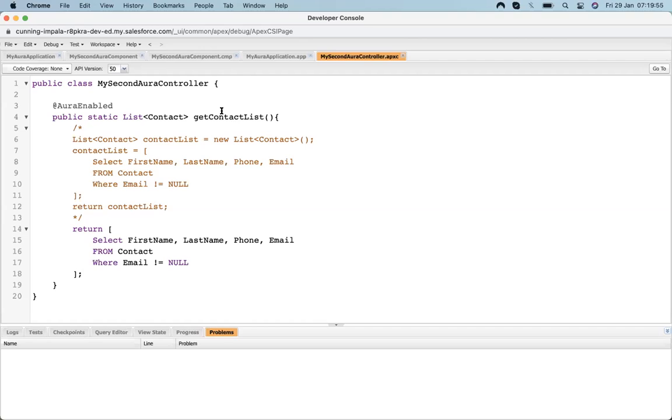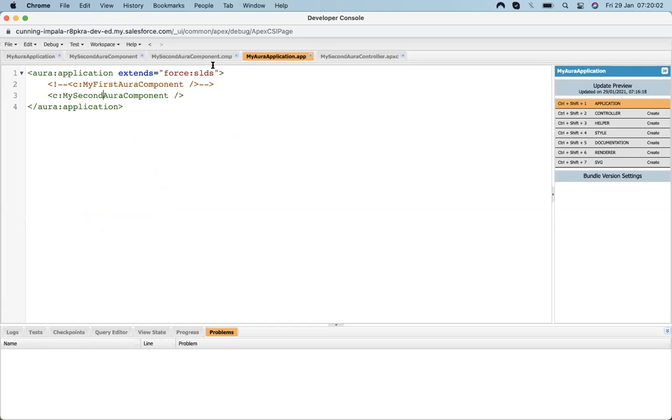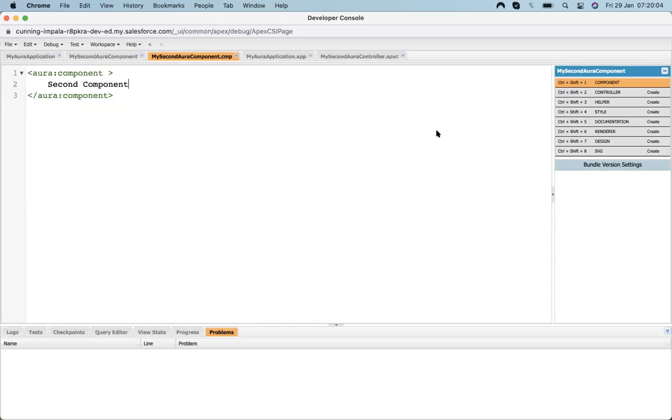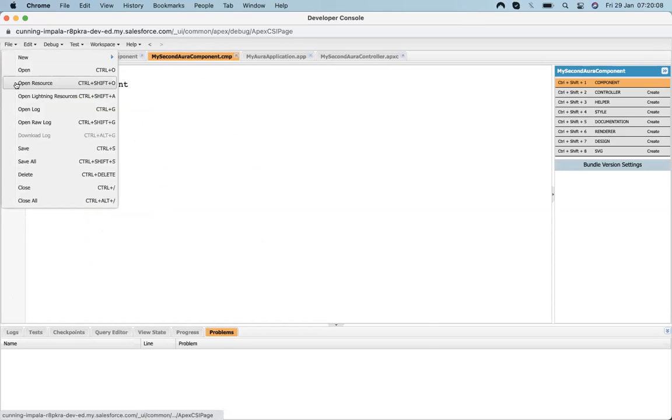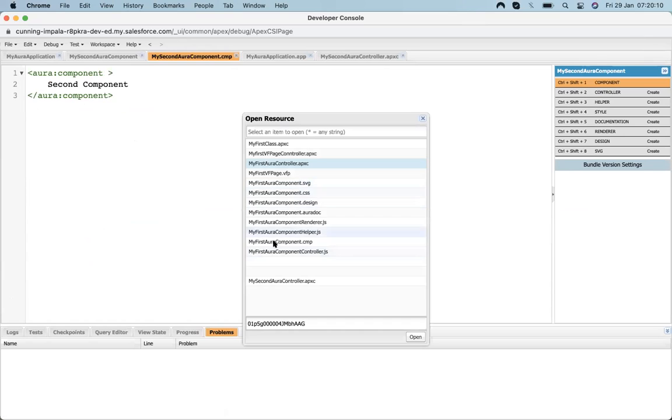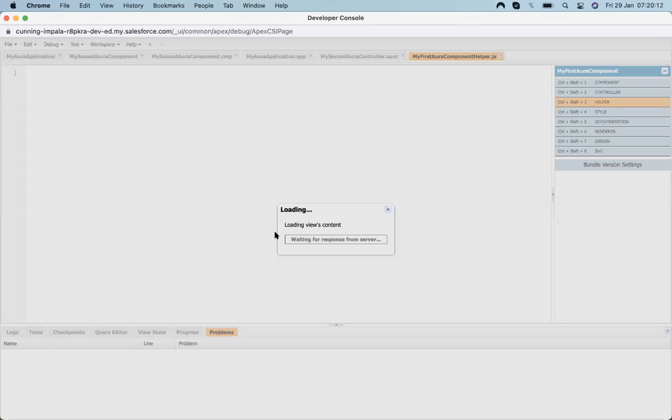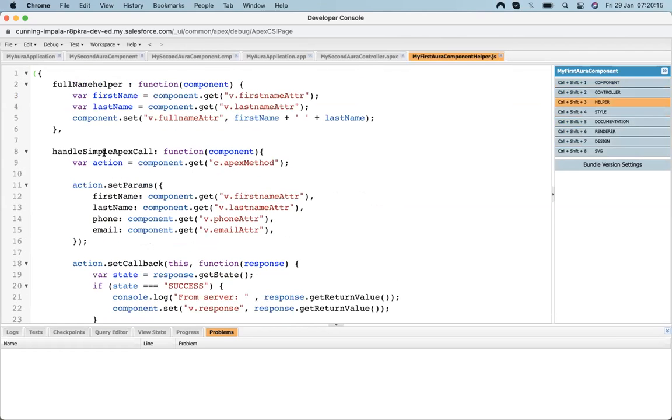Now we need to make a helper that will capture this detail from Salesforce and display it. So let's make a helper that will fetch the details. First, let's copy the method from our existing helper.